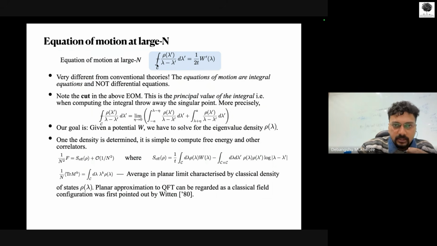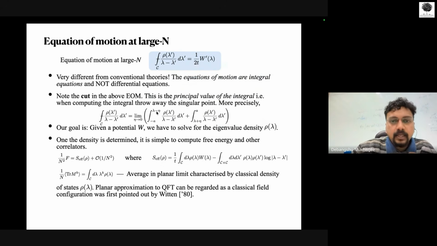When you actually define this integral, suppose the eigenvalues are distributed over a range from minus a to plus a. Why minus a to plus a? Typically, all the potentials that we will consider will be nice potentials. That is, they will be quadratic, quartic, sextic, and so on, so some even power. Because you have an even power, M going to minus M is a symmetry, so your eigenvalues also follow this symmetry. So they are symmetrically distributed around lambda equal to 0. That's why I have chosen minus a to plus a. Actually, you don't need to do that a priori. We will see that when we work out an example. The symmetries of your theory will tell you that it has to be